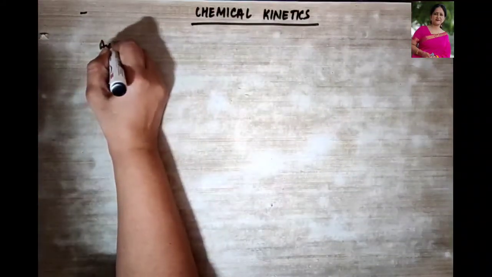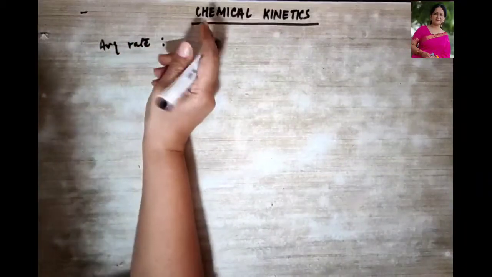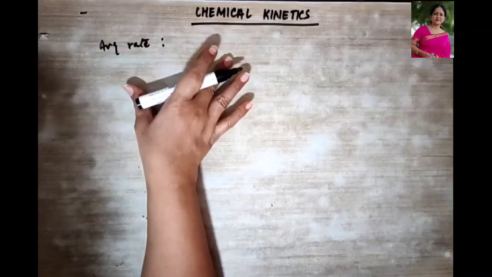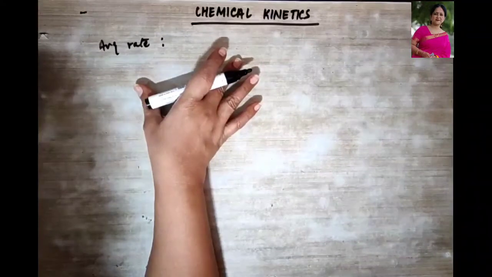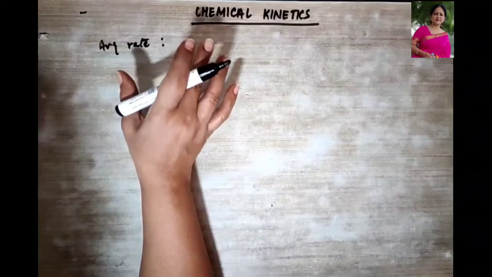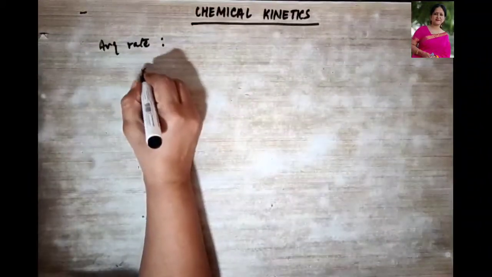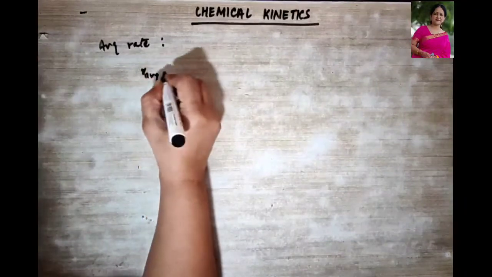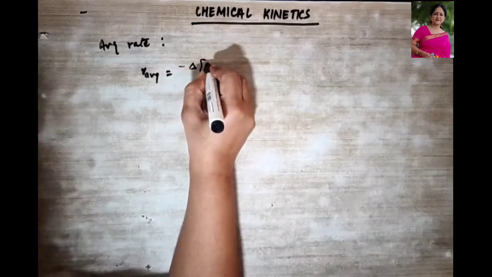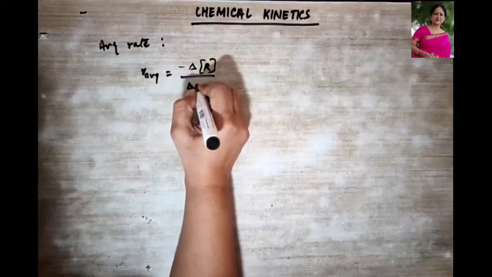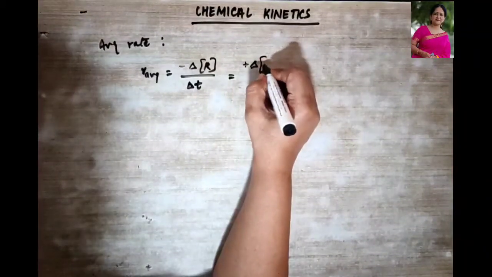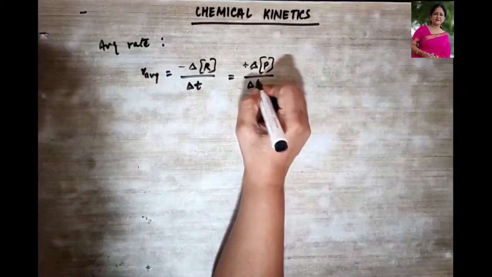So what is actually your average rate? Average rate can be said as when the rate of reaction is calculated or determined for a certain interval of time, right? With the change in the concentration of the reactants or products, that is called your average rate of reaction. And how can we represent this? The average rate of reaction can be represented like this, that is minus delta R, that is the reactant, upon the change in the time,